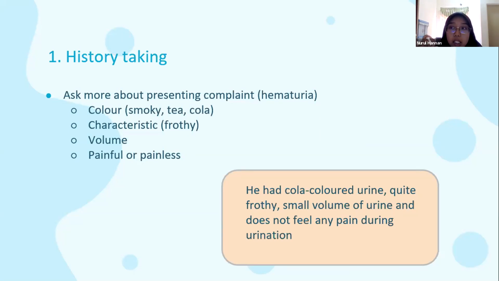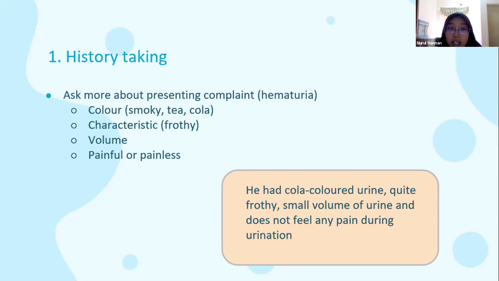So hematuria usually is characterized by cola colored urine or smoky colored urine, and if the volume is small, if the urine volume is reduced, so it is oliguria. So it is one of the acute nephritic syndrome. So the patient had cola colored urine, quite frothy, small volume of urine, and he does not feel any pain